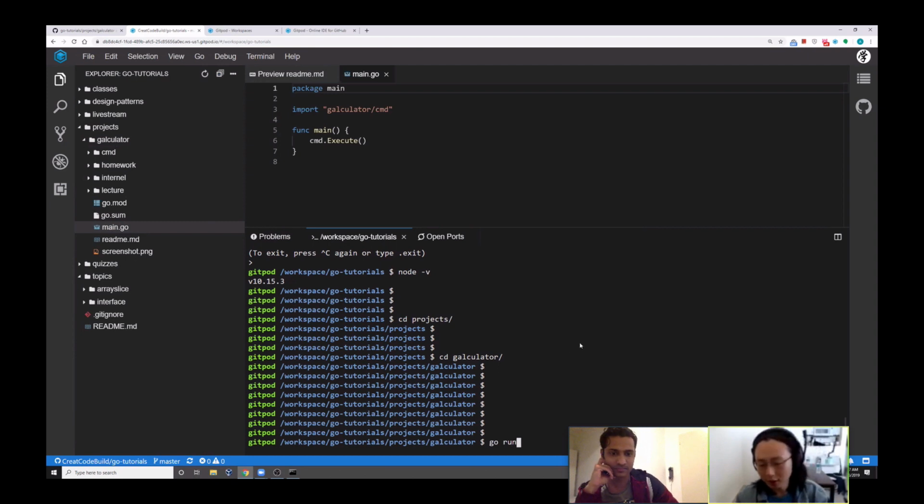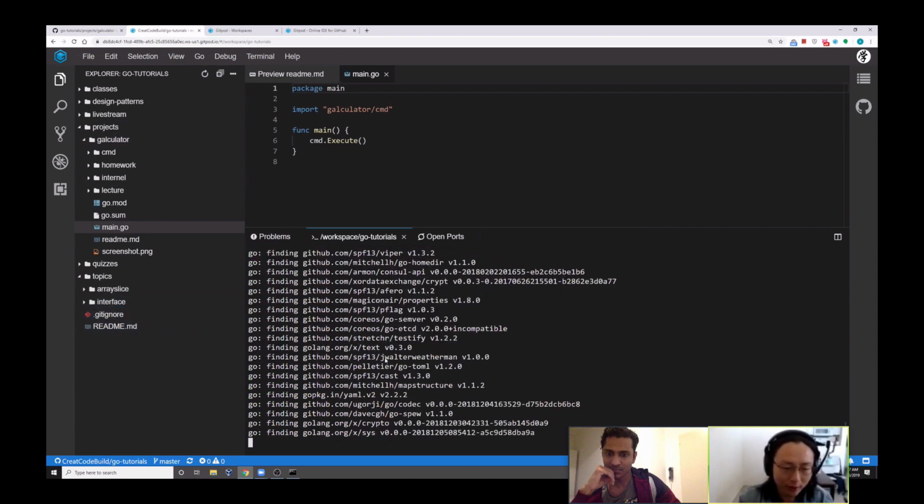Or actually, if this is your first time using Go, Go is a compiled language. That means every time we need to do go build. But of course, in this case, I am already in this calculator folder, so I can just say go build,